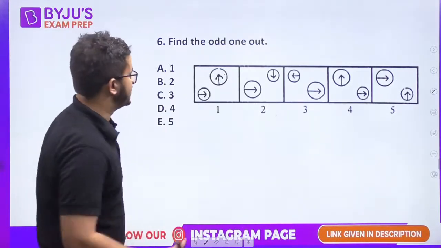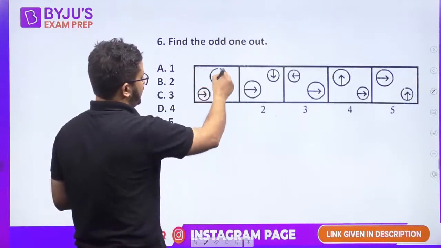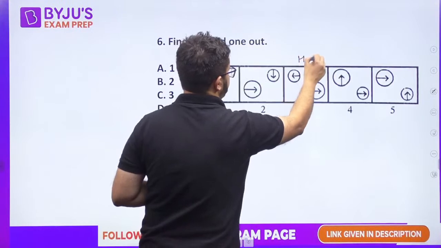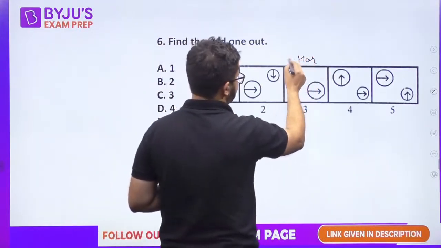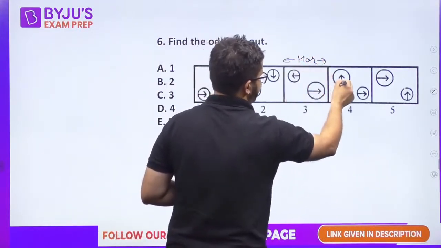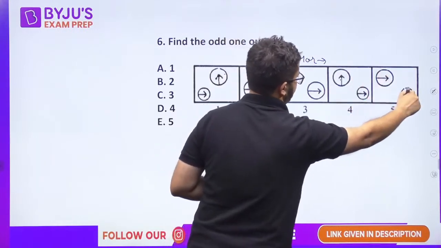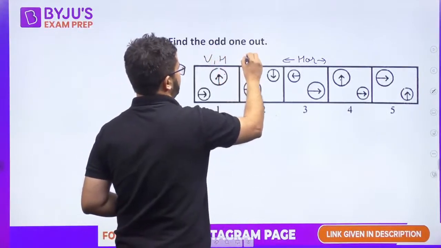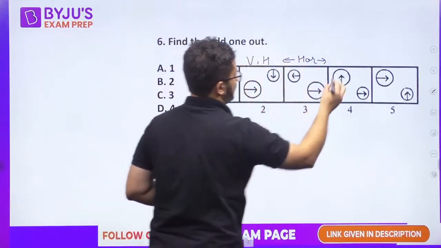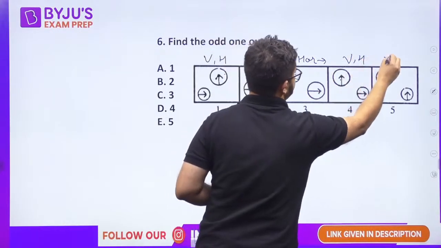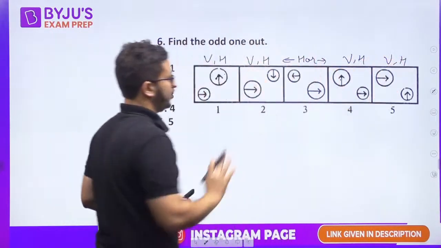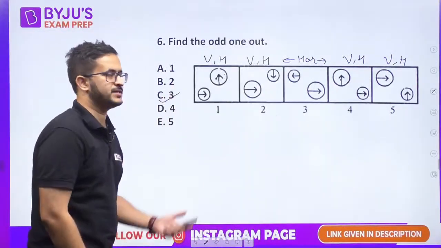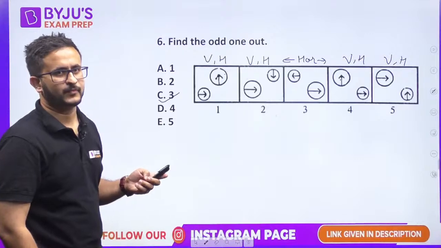So if you look at the arrows, one is a horizontal arrow, one is a vertical arrow. Now in this case both are horizontal arrows, this direction, this direction. Otherwise, one vertical, one horizontal, one vertical. In this one there is vertical and horizontal, vertical and horizontal. In this also both kinds of arrows are present, but in this only horizontal arrows are present. So that is why it can be considered the odd one out.